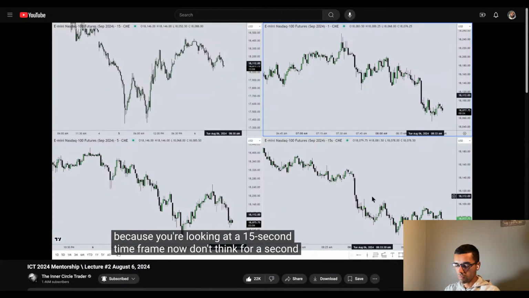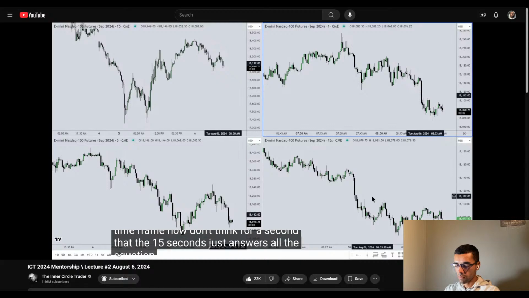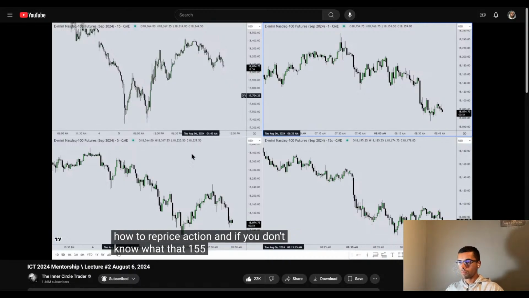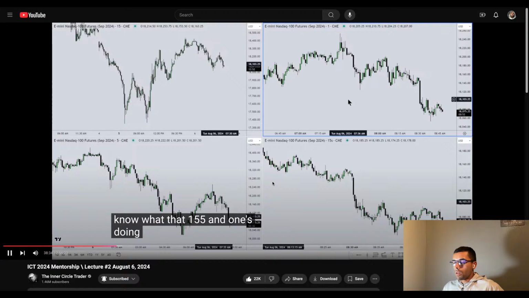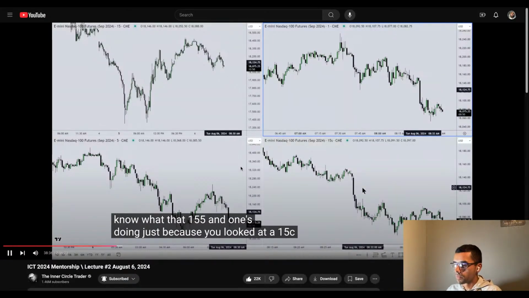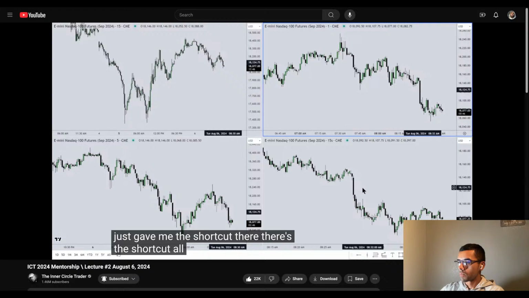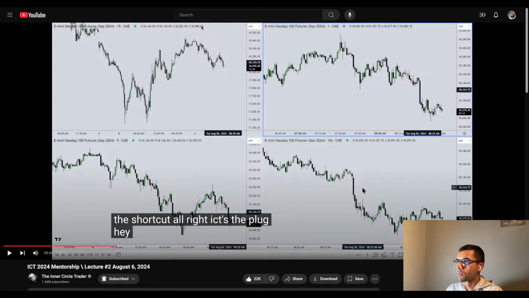Now, don't think for a second that the 15 seconds just answers all the equation and problems of larger stop losses, because if you don't know how to read price action, and if you don't know what that 15, 5, and 1 is doing, just because you looked at a 15-second, some of you are thinking, oh, he just gave me the shortcut. There's a shortcut. All right, ICT's the plug. Hey. The shortcut is I can